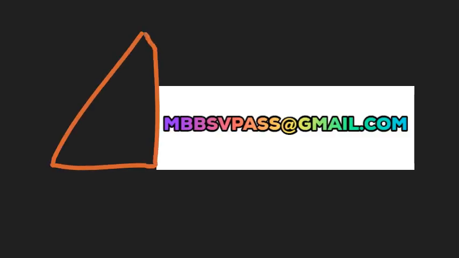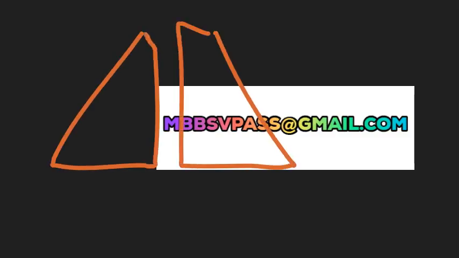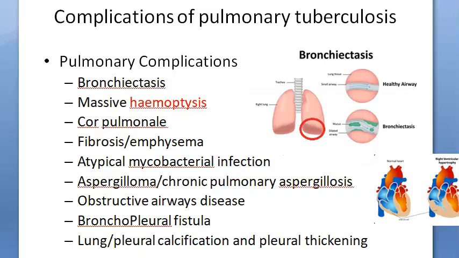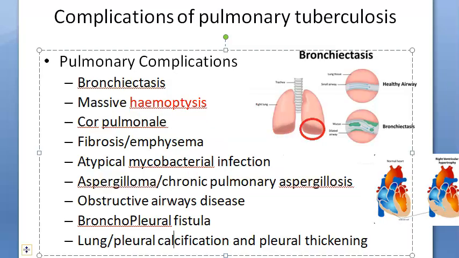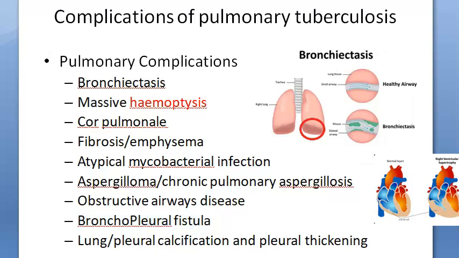Now can you summarize, guys? Because of pulmonary tuberculosis, what are the pulmonary complications you will have to write? Bronchiectasis, massive hemoptysis, cor pulmonale, fibrosis, calcification, thickening, emphysema, other infection such as fungal infection, obstructive airway disease, bronchopleural fistula. This much you will write. Now let us move on to